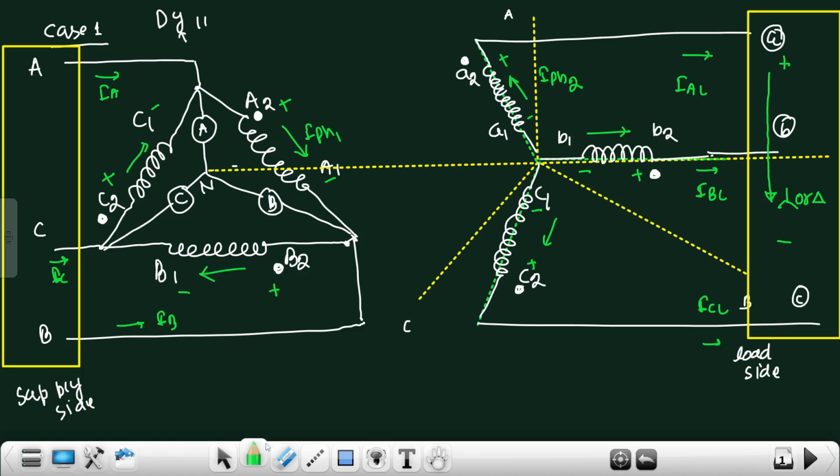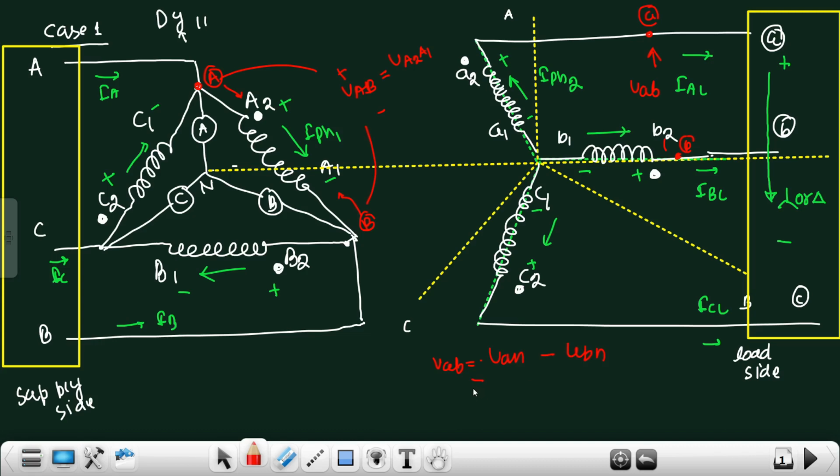I'm finding out line voltage VAB. Okay, so here this point is representing A terminal, and this point is representing B terminal. So this is the VAB line voltage. A is connected to A2 and B is connected to A1. So VAB is equal to what? VA2 A1. This is representing A phase and this is representing B terminal. So this is the line voltage of the LV side VAB, and this VAB will be VAN minus VBN.